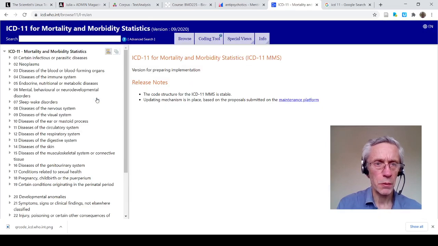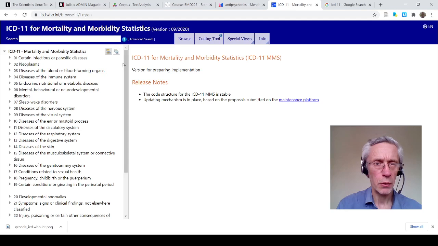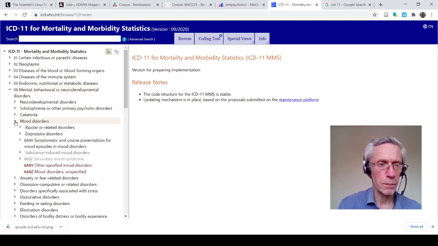That then gives you all the classification of all the different diseases according to this European system. We're interested in depression, and that counts as a mental, behavioural or neurodevelopmental disorder, which is 6. So if we click on that, we can see it expands to a number of disorders, and we're interested in mood disorders. So click on mood disorders,